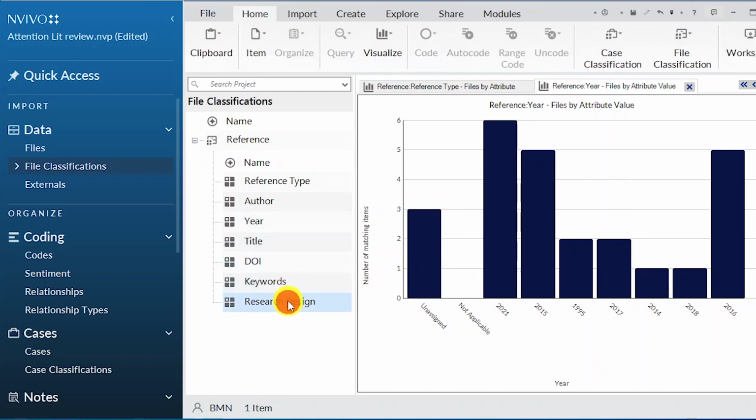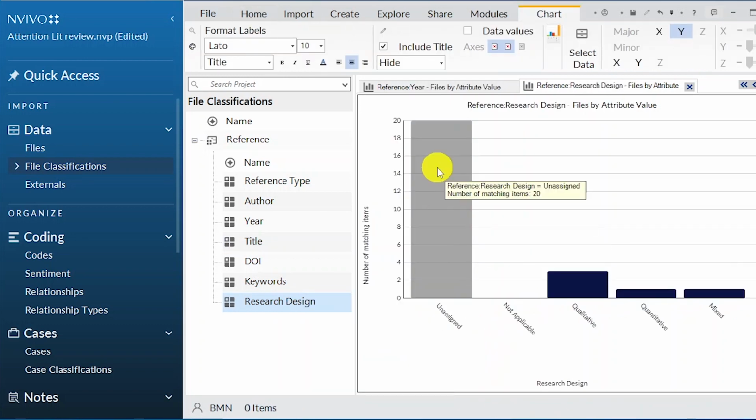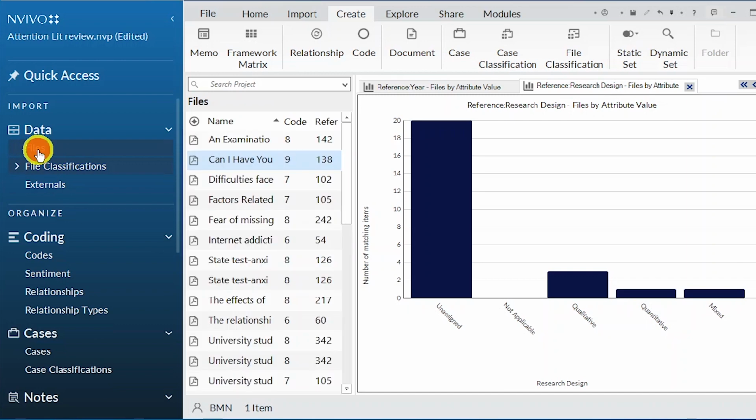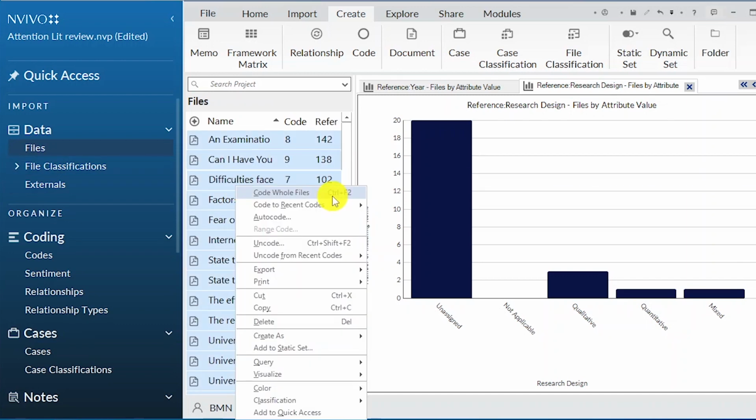We can also see the research design. If we had classified all our articles, we could see the research designs. We can see the majority are not assigned. If we assigned all of them, we could be able to visualize the different research designs that are present in our articles. I want to go to the files, highlight all of them, and before we create a framework matrix,